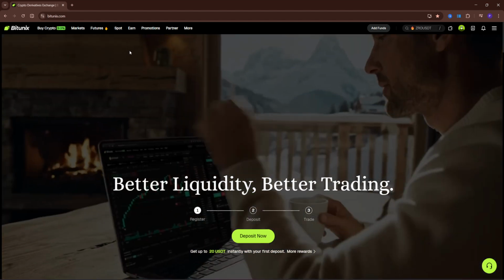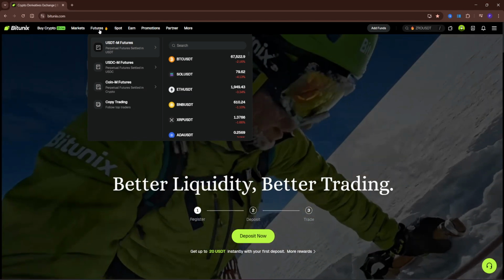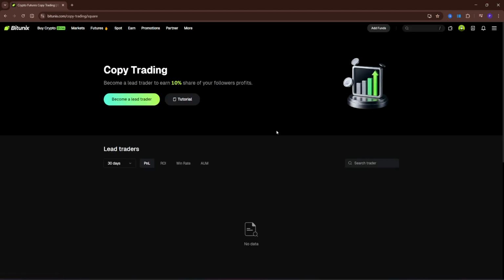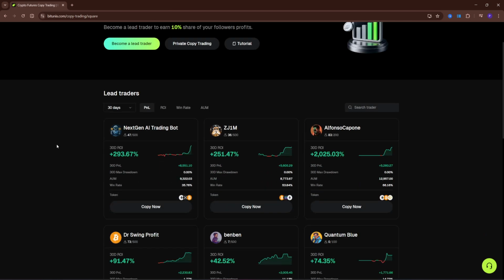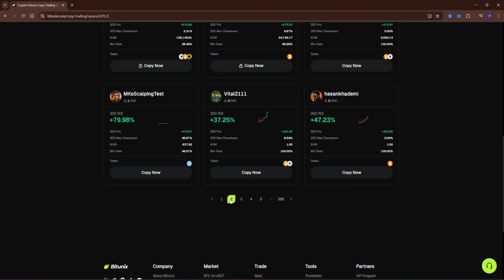Let's go. Now right here at the top, go to the futures and then at the end copy trading. Click on that. Like that. Now browse right at this here window. You will see some options